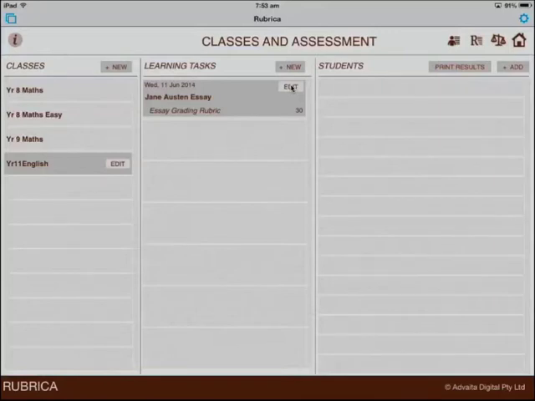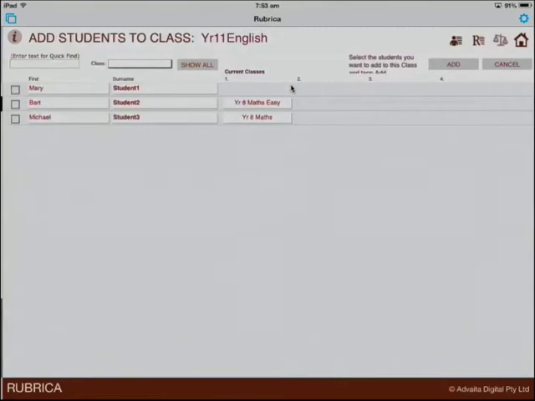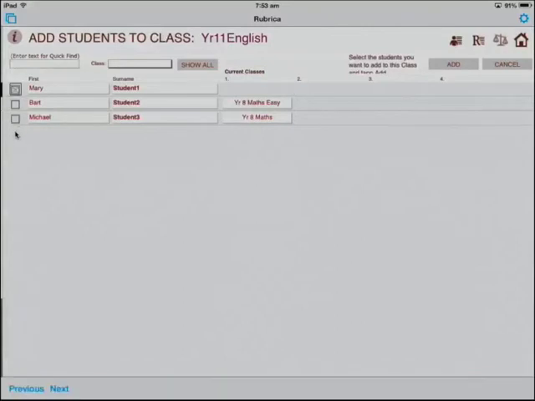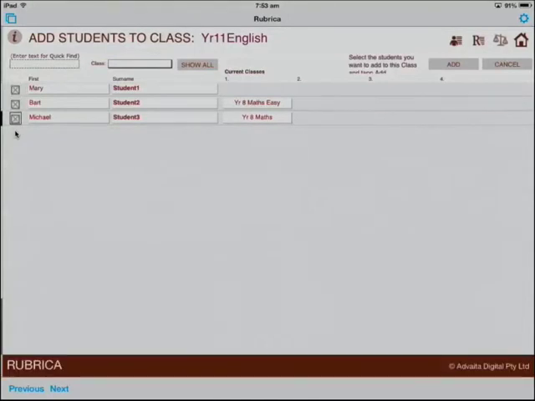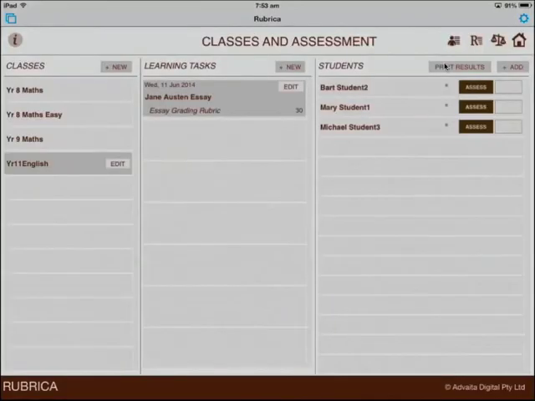Alright, now our class needs some students, so we can bulk add students to a class by tapping the add button here, and there's our list of students, and simply selecting them over on the left will allow us to add them to the class. So I'm going to put all three, even though you can see that a couple of them are already in other classes. I'm still going to do this just to give us a pertinent list to work with, and tapping the add button will then bring all three students into the class. So it's as simple as that, remembering that before making an assessment, you must check that you're on the relevant learning task,